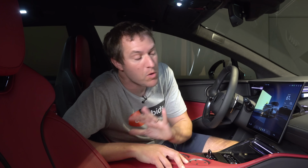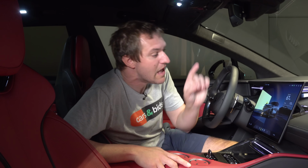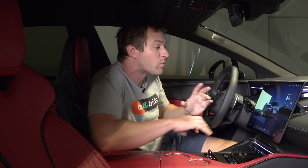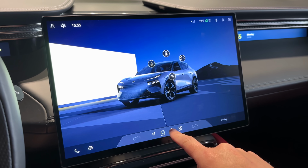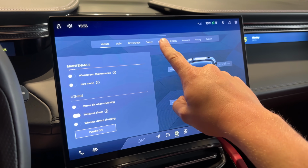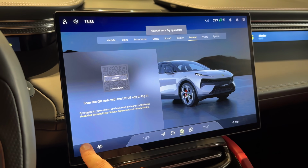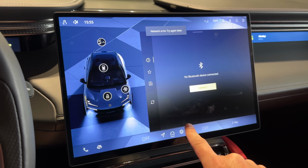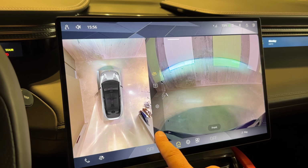But anyway, next we move inside the Eletre, where we have many more interesting quirks. We start with the giant screen, which, as you can see, is, well, giant, and it's pretty good. It's very quick to respond, very high quality, high resolution. You tap it, it does exactly what you'd expect. It's fairly intuitive, high quality cameras. You can make all the changes and adjustments you want, and everything is pretty easy to figure out with this